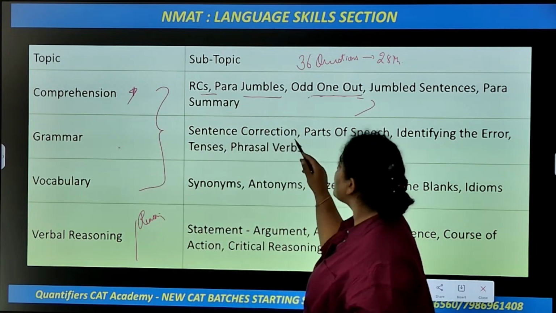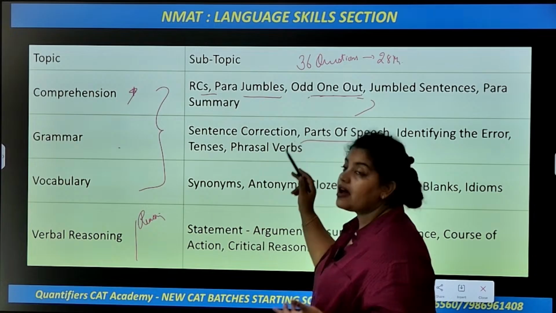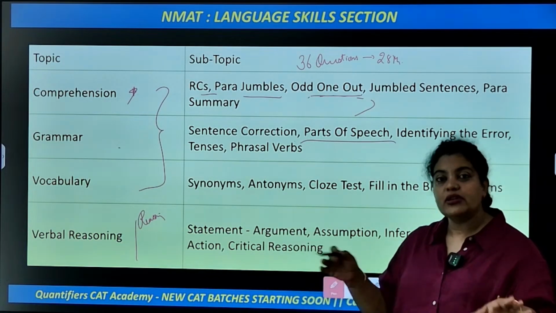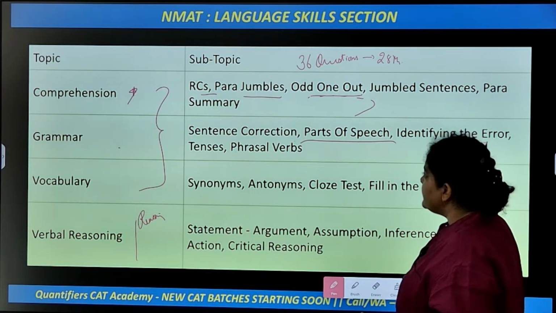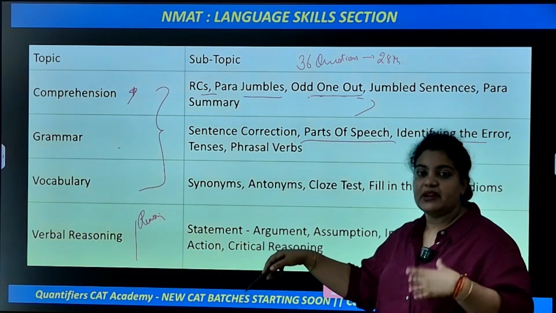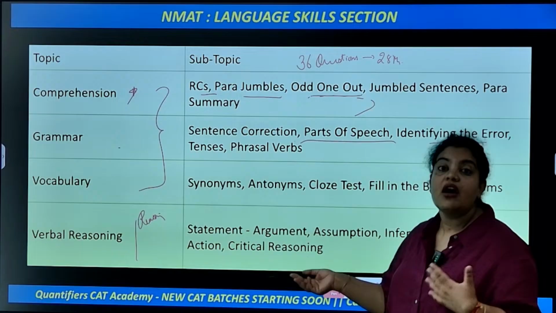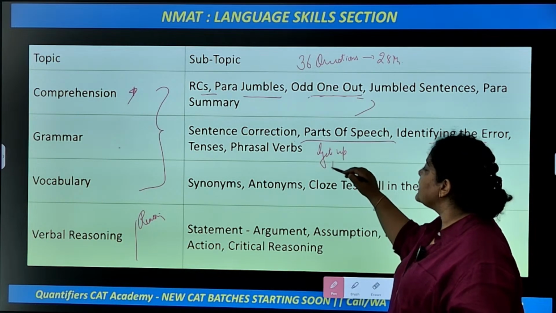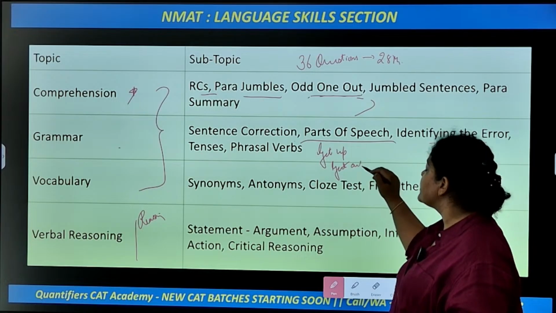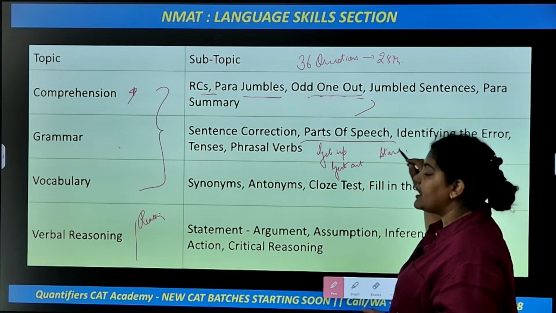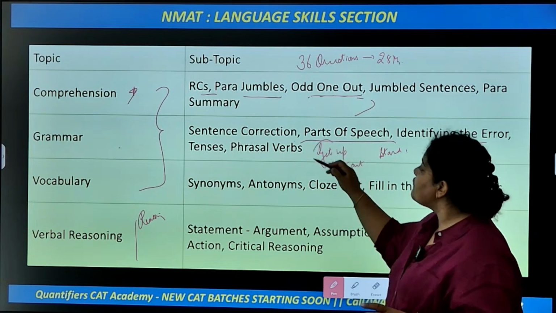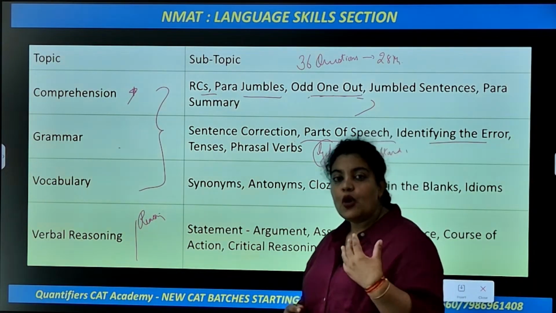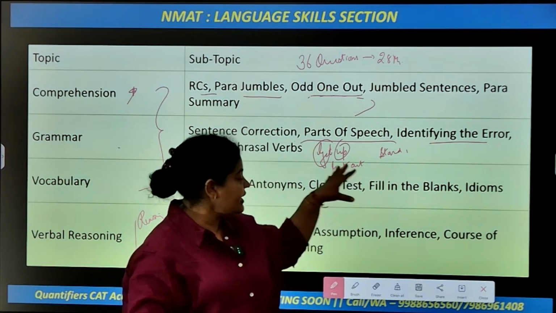In grammar, you're going to have sentence correction. You'll get questions on the basics of grammar, like questions on the rules of nouns and pronouns, identifying the error, questions on tenses, the rules of present and past tense, and then you have phrasal verbs. Phrasal verbs are like get up, get out, stand in, stand at. The combination of verb plus preposition makes a phrasal verb. When we'll be solving the questions, we'll be discussing the different question types, and we'll take up these phrasal